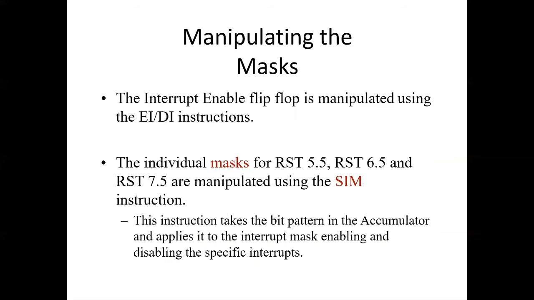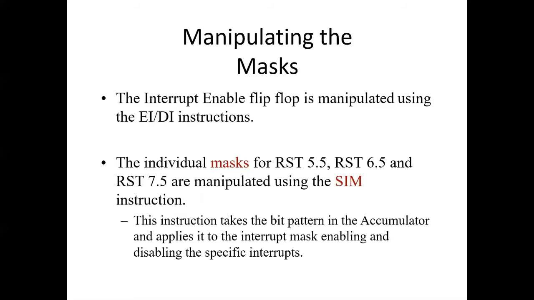Manipulating the mask. Let us say 8085 has been interrupted because of the RST 6.5 pin and has branched to the ISS of RST 6.5. Then even without a DI instruction at the beginning of this ISS, all the interrupts except TRAP are disabled. So even if the RST 7.5 pin is activated in the middle of the execution of the RST 6.5 ISS, the 8085 will not get interrupted because of RST 7.5. Actually, RST 7.5 is a higher priority interrupt, but now it cannot interrupt the lower priority ISS of RST 6.5.